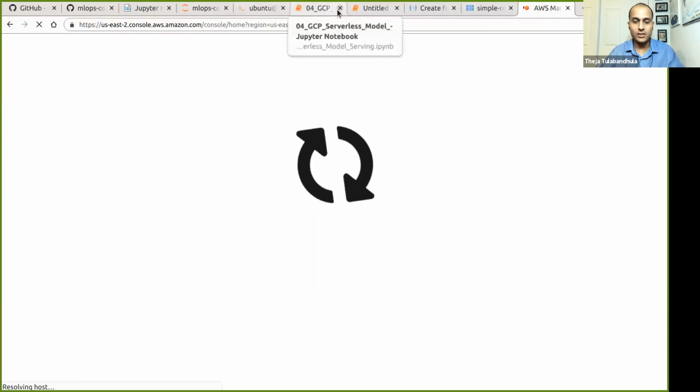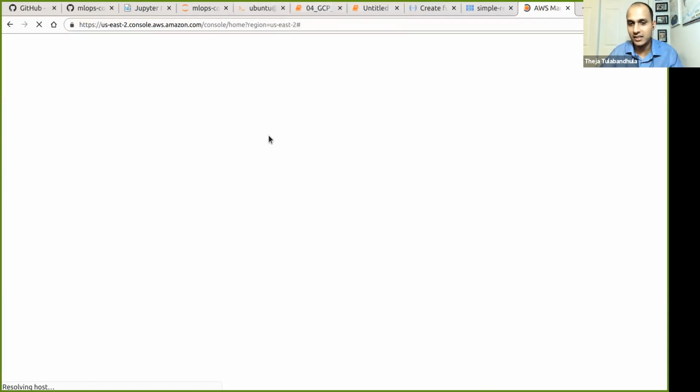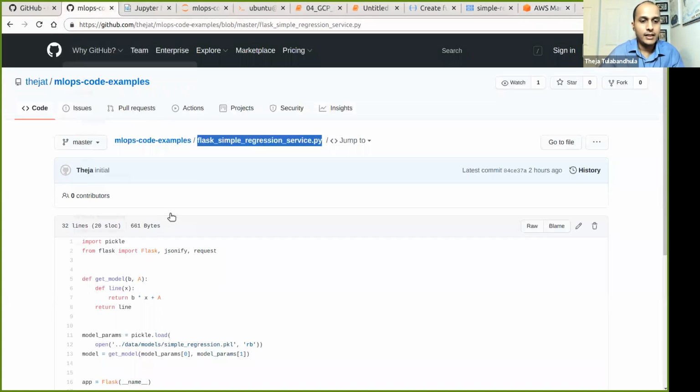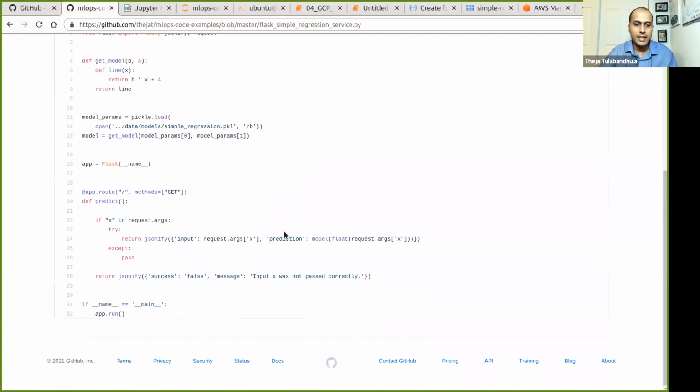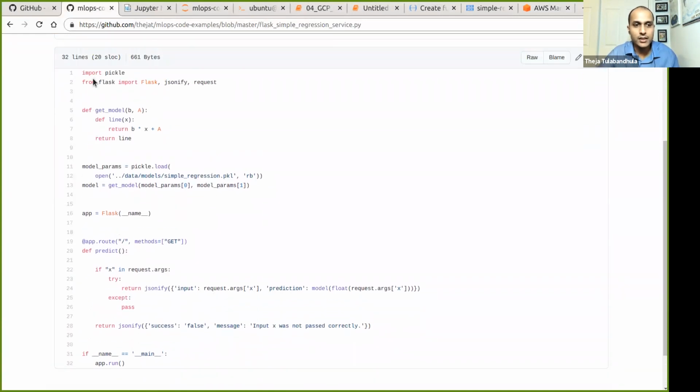Okay, in the meantime, I'm going to do two things in parallel. Since we just ran the Flask app, I just wanted to see if it works anyway with just the Flask thing. So what we're going to do now is pretty much use, so you can see that I need the pickle package. And from Flask, I also need JSONify and request. Okay, so I need two packages as imports.